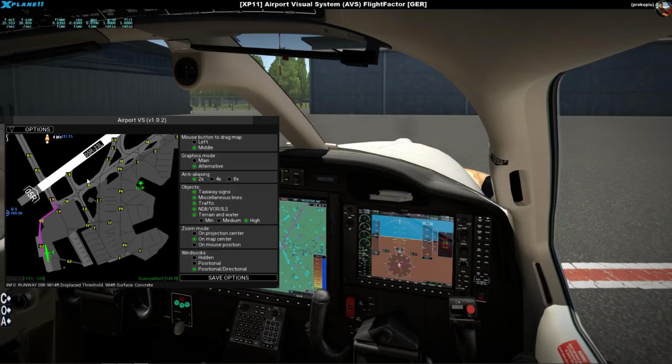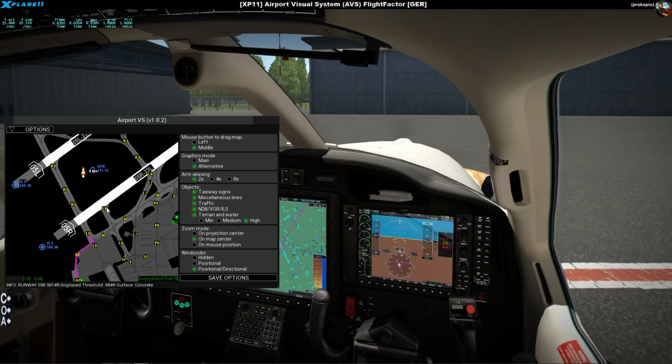Then NDB or ILS, so any kind of radio navigation aid. For example, here's the ILS, and the nice thing about that is you can see the ILS frequency, which is handy. And if you want to know what the heading of the runway is, you click on the runway, and I'm pretty sure that I have seen information about the runway somewhere. Here it is, runway 05,